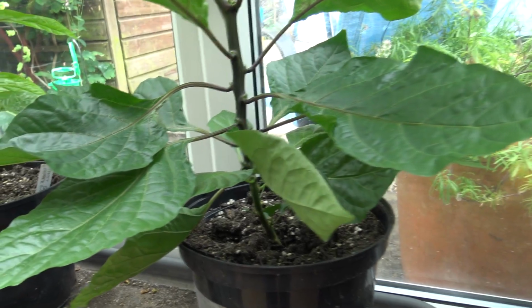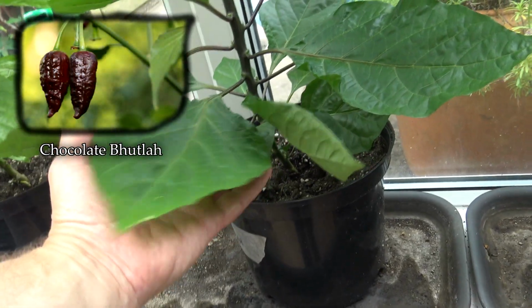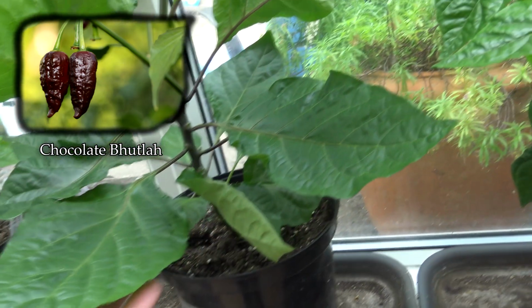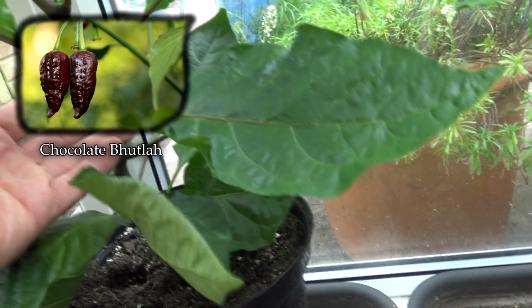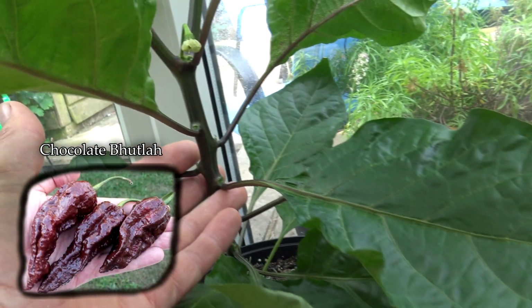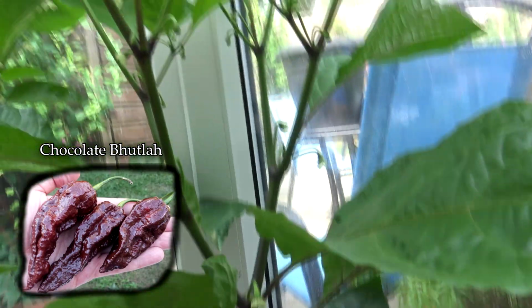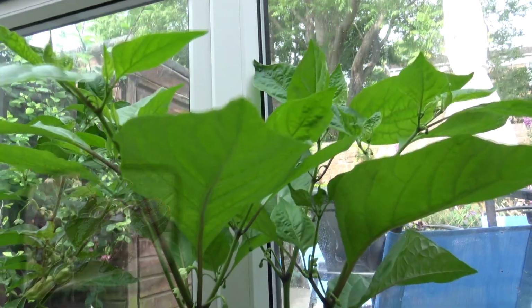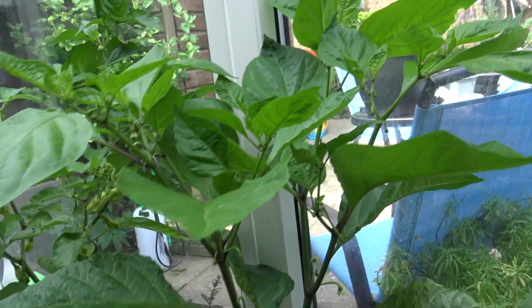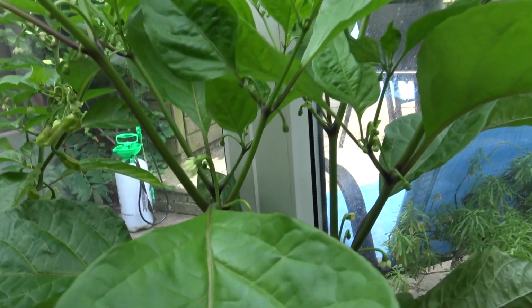Okay, face-melting heat for this last one. This is the Chocolate Bhutler. We are in the territory of 1.4 to 1.8 million Scoville heat units. This is a cross, so take the ghost pepper and a 7 Pot Chocolate Douglah, and this is the result. Madman territory, but it's a beautiful plant, nice big leaves, a purplish stem. This will ruin your day, seriously, if you're not used to eating chillies,